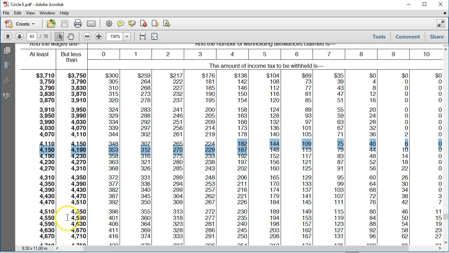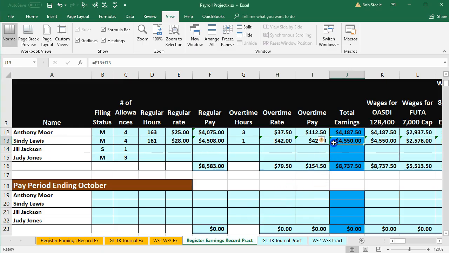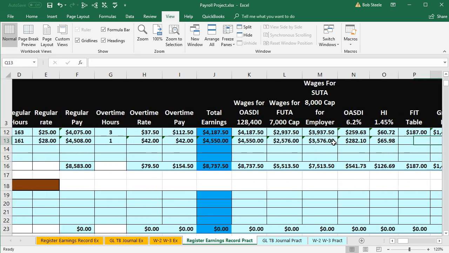Typically we'll do the higher amount. So we want the higher amount because that'll withhold a little bit more, and that's a little bit more conservative. We'd rather have a refund, in other words, at the end of the year when they do the 1040 than to owe money. So we're going to try to err by withholding slightly too much than too low, although the dollar amount's probably pretty minor. So here we have the 235. We'll go back to our table and we're going to put in, scrolling back over to the FIT,